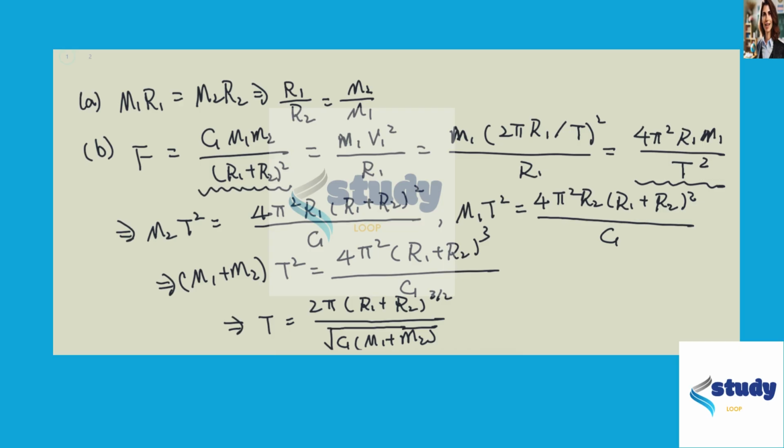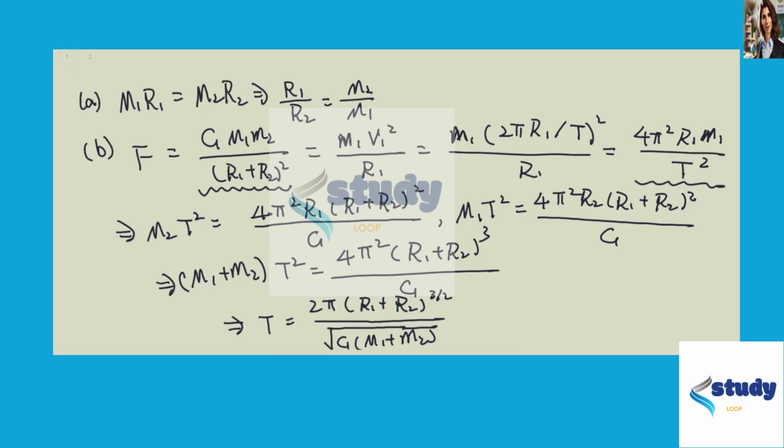Since they have the same force, the numerator is the same, so the denominator should be the same. So they should have the same period. Now, since they have the same period, we name it T, and we compare the left side and the right side. We have m1 cancelled. We have m2 times T squared equal to 4 pi squared r1 times